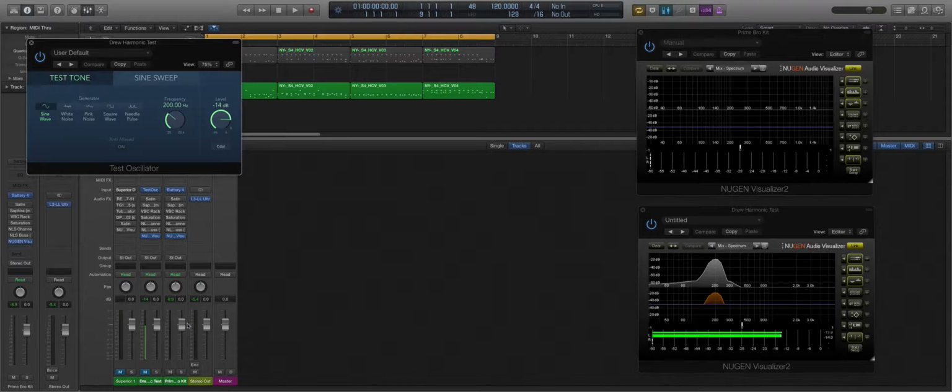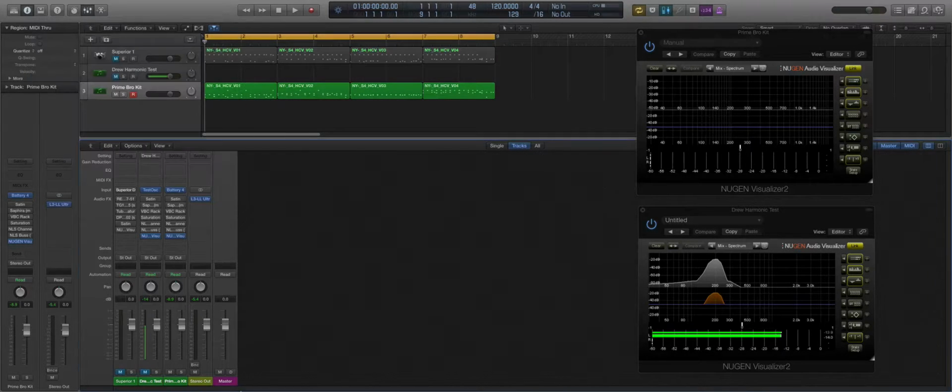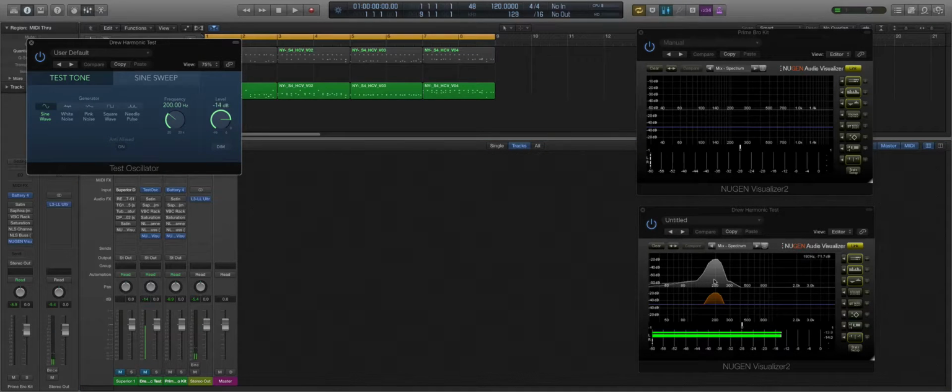So the test tone is going to be generated on this channel, which is muted. If I unmute it, you can hear that that's 200, and you can see it here. If you look at the analyzer, we can see that it's generating that. If I turn that off, we can see over here, and the pictogram is decaying it as a peak hold. So we're going to turn that on. This is going to be our point of reference. So we have 200